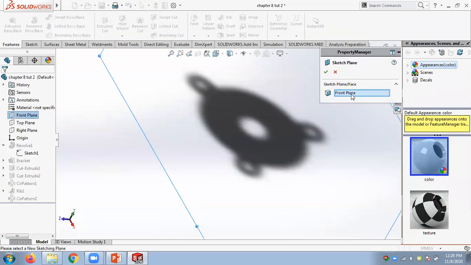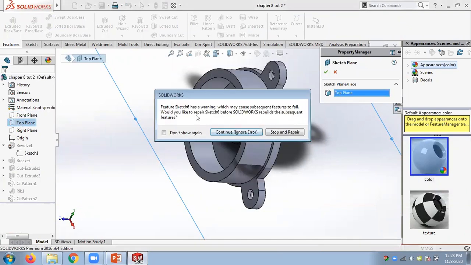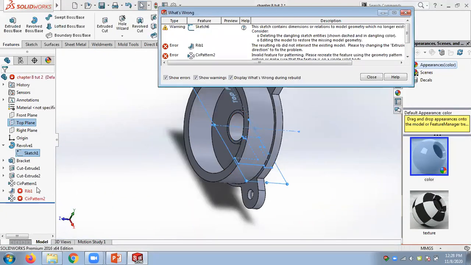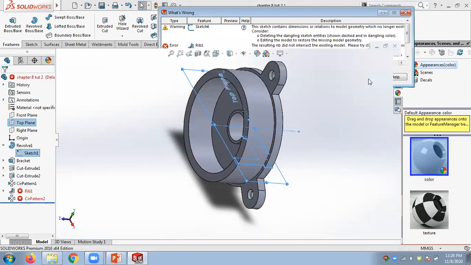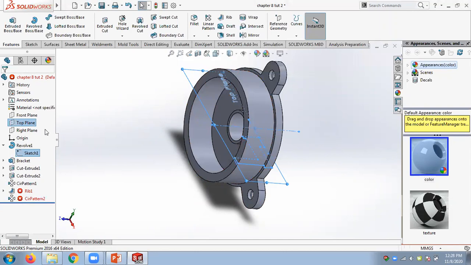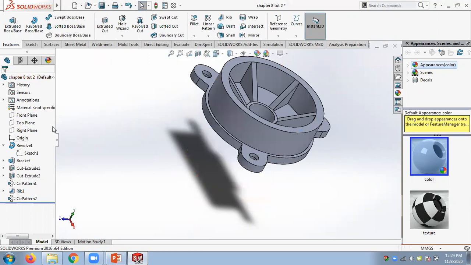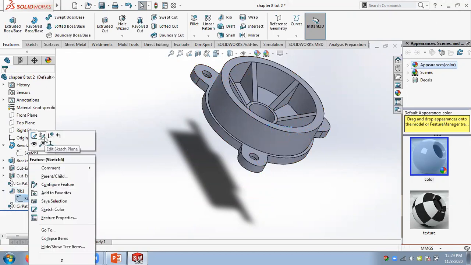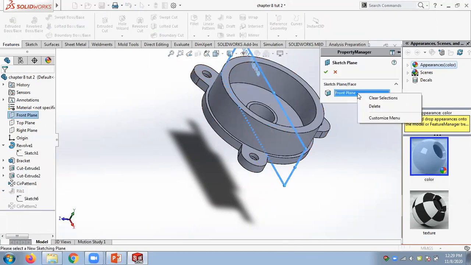I don't like front plane. I will put it into top plane. So everything will now be in top plane. Now I have an error popping up. Some sketches are not working. So the rib feature is not working, because the rib feature depends on the top plane. You can do those changes, but remember, if you do it for the very beginning features like this, these children may get affected. So if you want to change the rib plane, edit sketch plane, and without front plane, I will